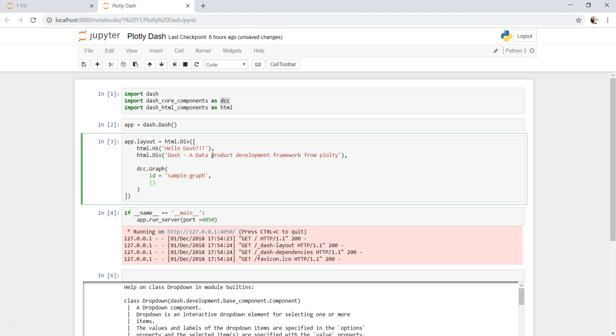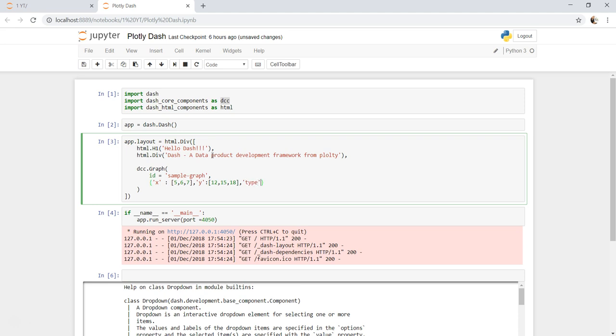So within the curly brackets you have x-axis. This is how in a single quotation you need to provide the value for x-axis, and it should be in a list. So let's say it is 5, 6 and 7, just some sample random value I am taking for x-axis, and then y, and here we need to provide y-axis in the form of a dictionary. So let's take any 12, 15 and 18 as random values,